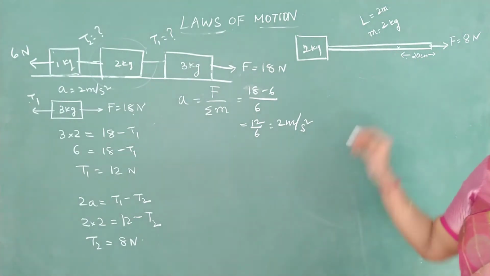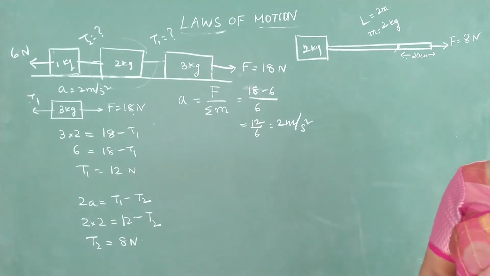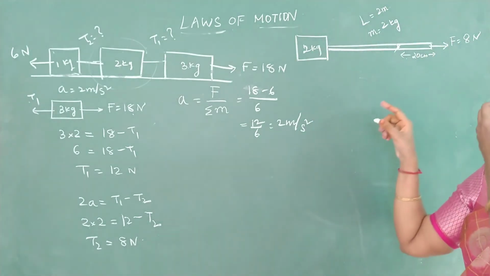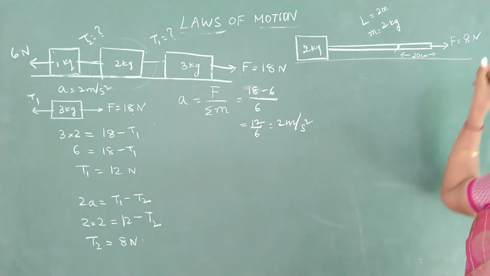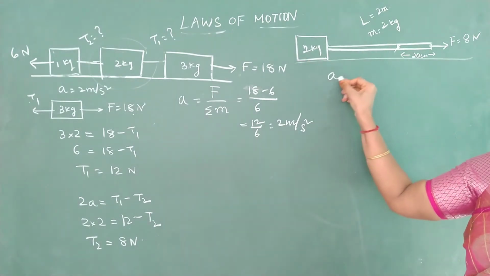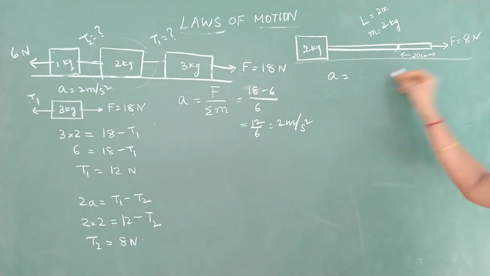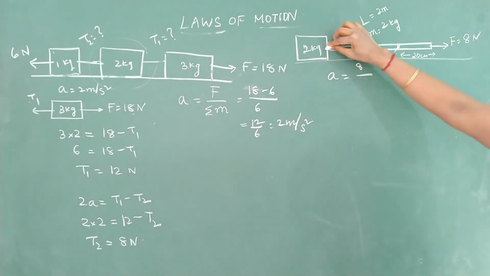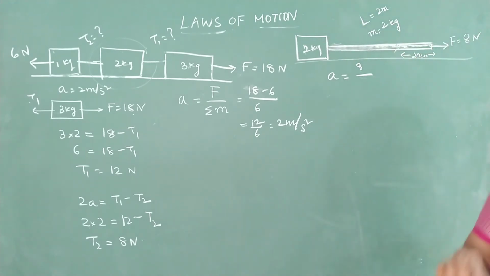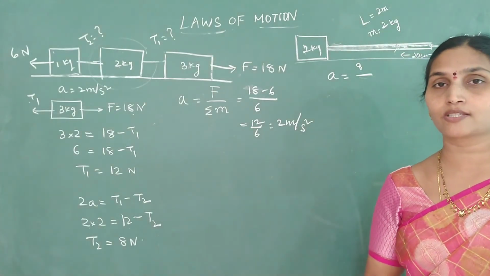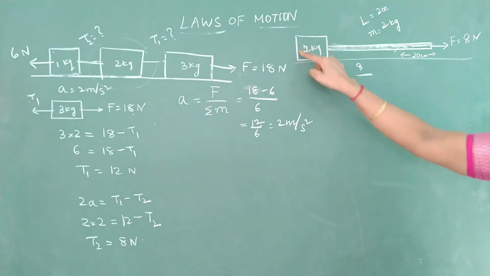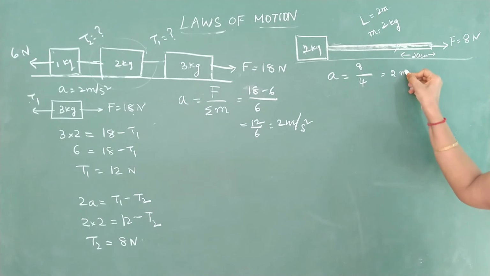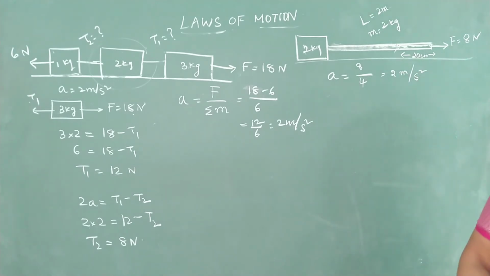See, to calculate the tension here, let us see how to identify it. So first I'll find out what is the total acceleration of the system. It's on a smooth horizontal surface. How to get the acceleration? Applied force by sum of the masses. It's a uniformly distributed mass. Okay, mass is uniformly distributed throughout the length of the string. What is the total mass? 2 plus 2, 4. Acceleration would be 2 meter per second square.